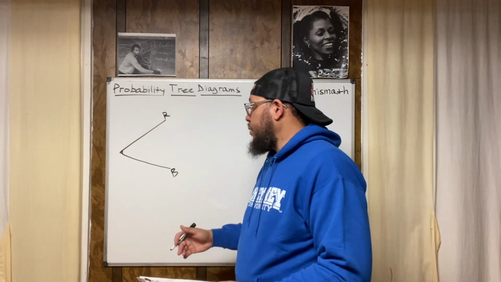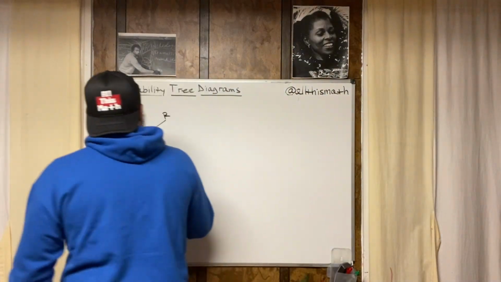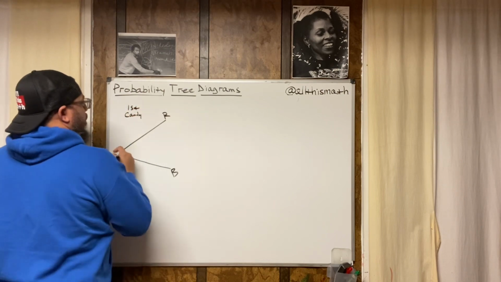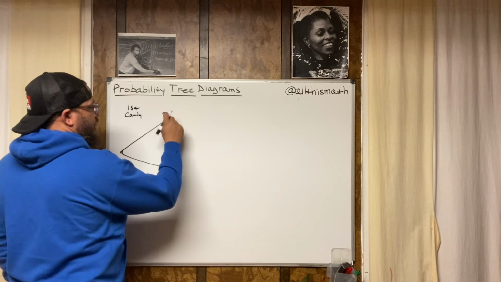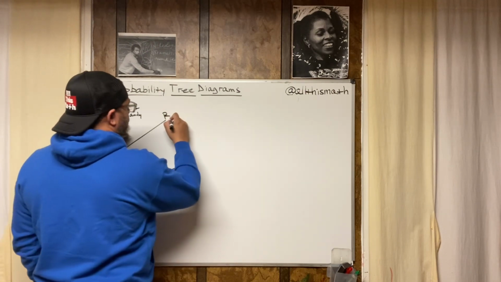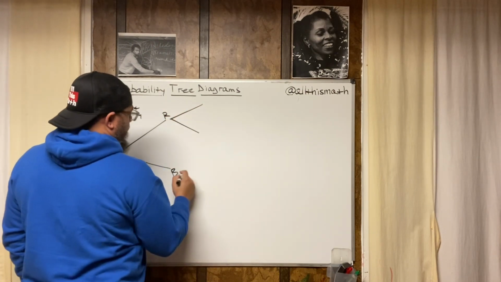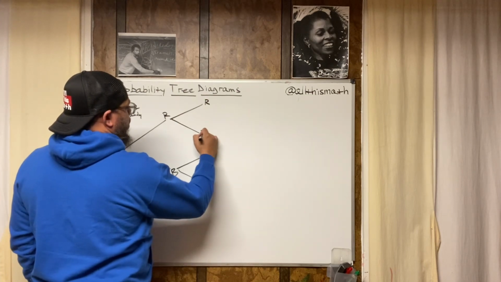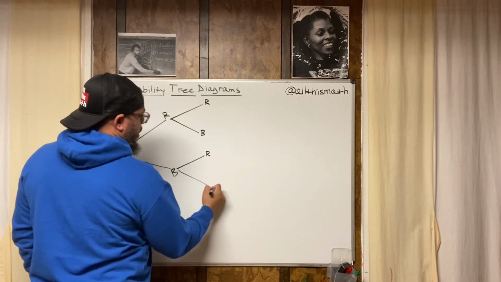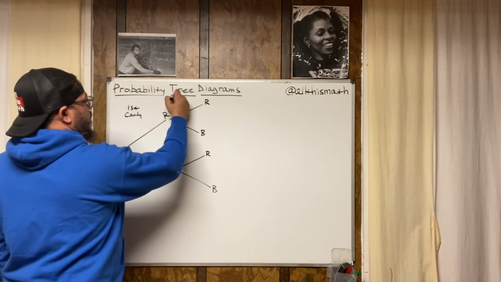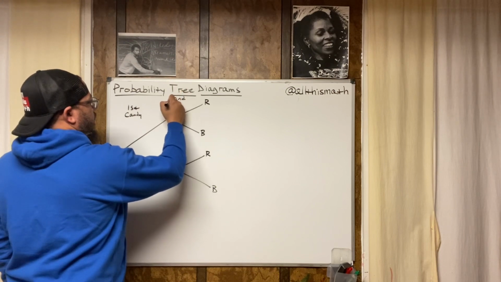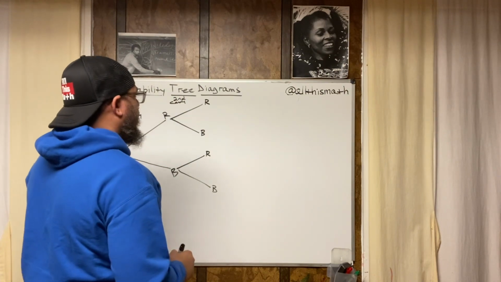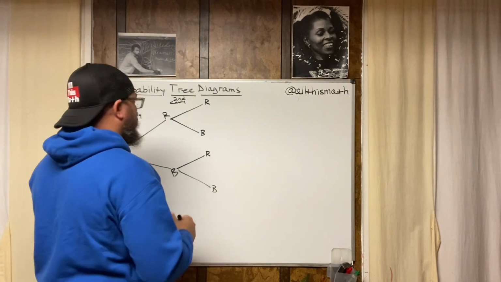All right. Now that represents the first piece of candy. So I'm going to write first candy. Then we're going to do another branch from the red candy and another branch from the blue candy. That's going to look like this. So another red, another blue, another red, or another blue. So this is the second candy. All right. So now we're going to have a column. This is how I suggest you set these problems up.